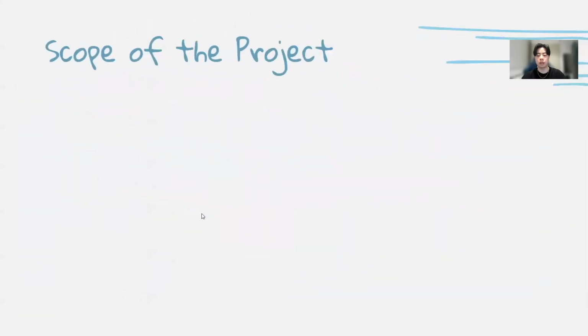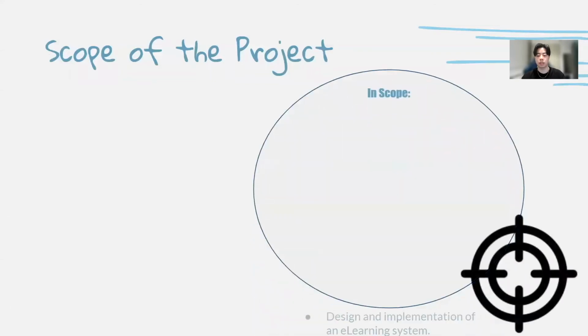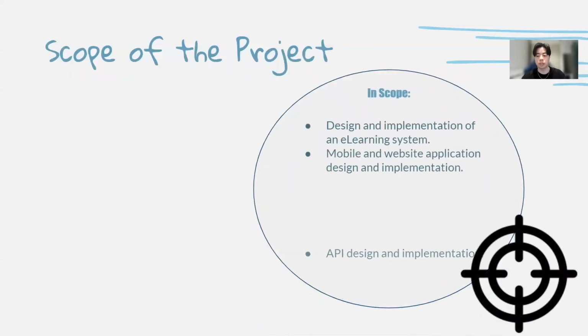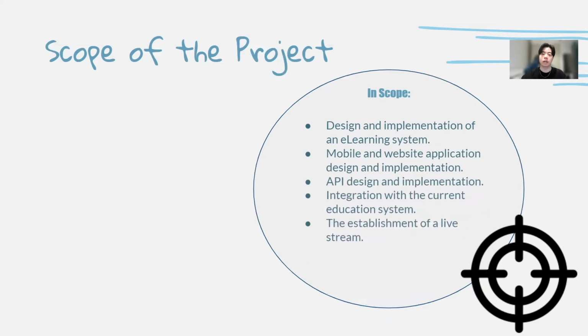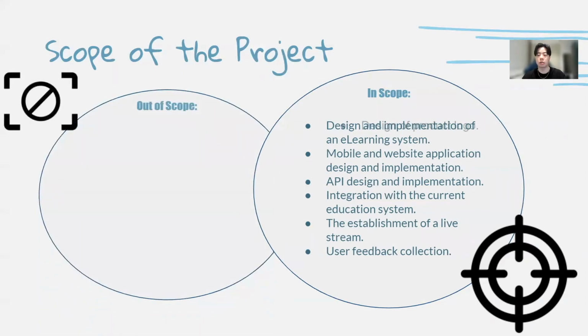Next, I will elaborate on the scope of the project, such as design and implementation of the learning system, the user's feedback collection, and so on. It is very important for the project to confirm the scope: what we need to do, what we are not. The duty of the project manager is determining the scope, making sure each employee remembers that scope while completing their jobs. On the other hand, we also need to be clear about the